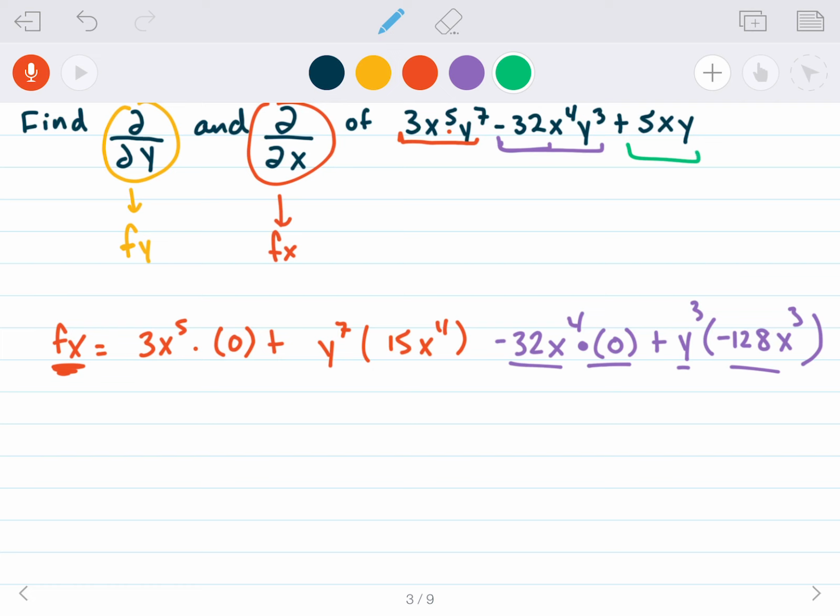So again, product rule: keep the first, 5 times x, times the derivative of the second, derivative of y is just 0, plus keep the second, y, times the derivative of the first. Derivative of 5x is just 5. And then we can simplify, we can clear out these 0 terms, 0, 0, and I get that my partial derivative with respect to x is going to be, let's see,